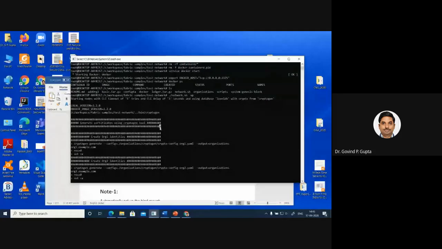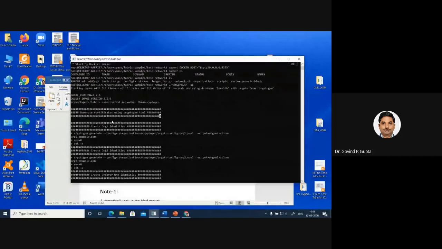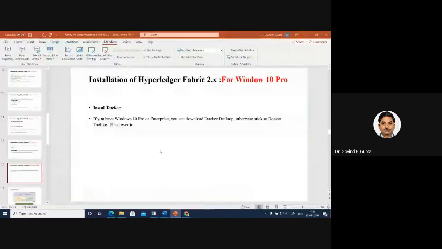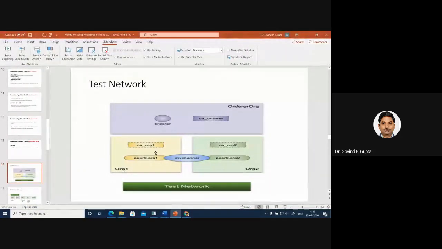After generation of the certificate, in this example we are going to create two peers. This PPT is visible to all.